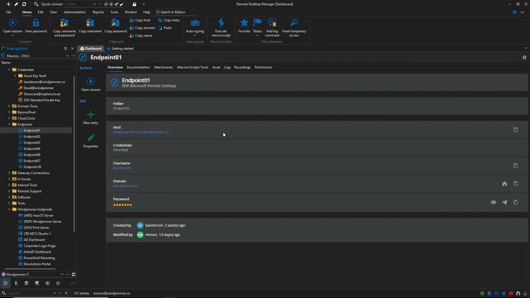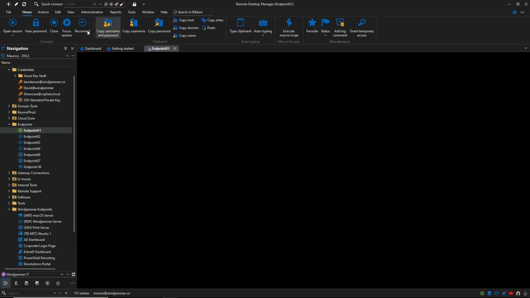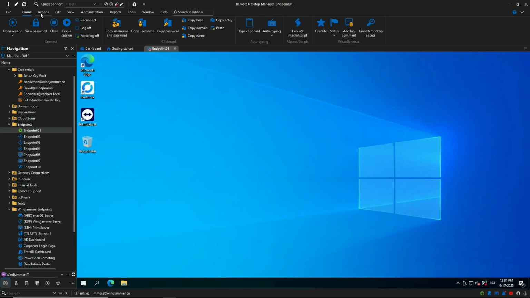In this video, we're going to be looking at the Actions tab in Remote Desktop Manager. The Actions tab is only available when a session's open, and the options you see can change depending on the type of sessions you're running. So for example here, I have an RDP session which I'm going to open. And right away we notice that there's an Actions tab in the ribbon that's just been added between Home and